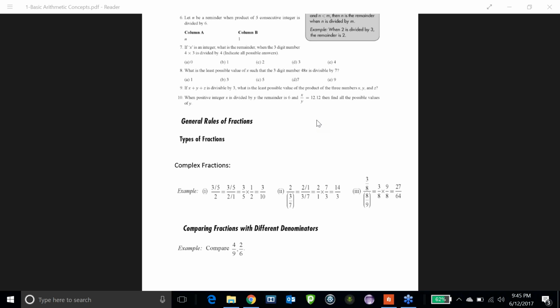See, if you take a pizza slice, how many parts? 1, 2, 3, 4, 5, 6, 7, 8. What is the total number of parts? 8. And how many pizzas are there? Only one, right? I'm dividing one pizza into 8 parts. So each part is 1 by 8, right? In the same way, if I divide 2 pizzas,